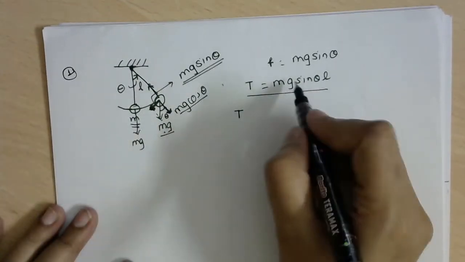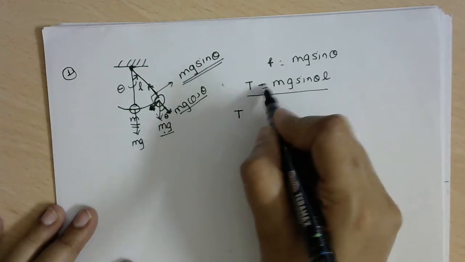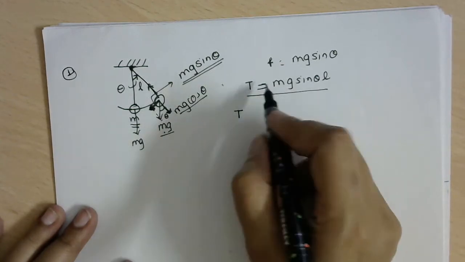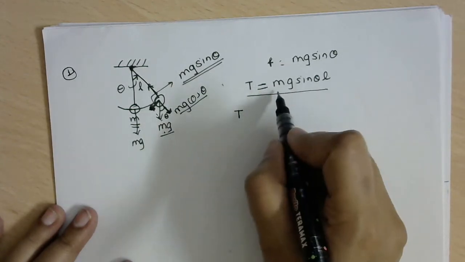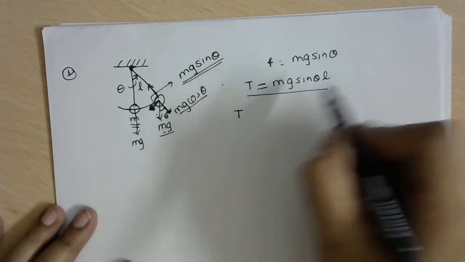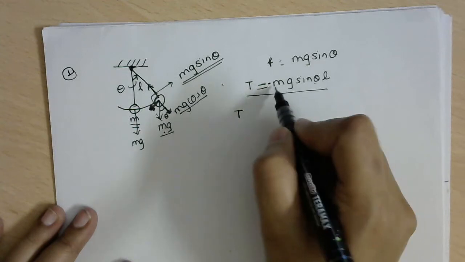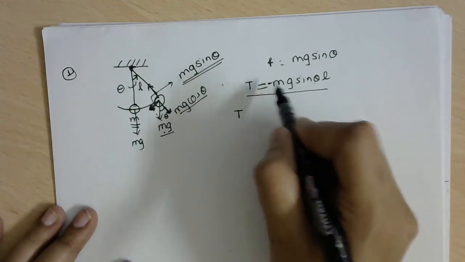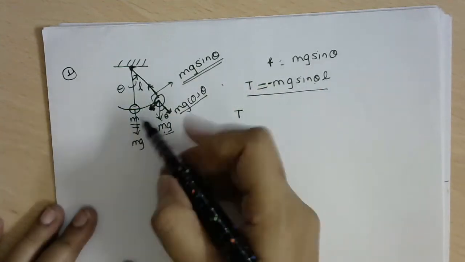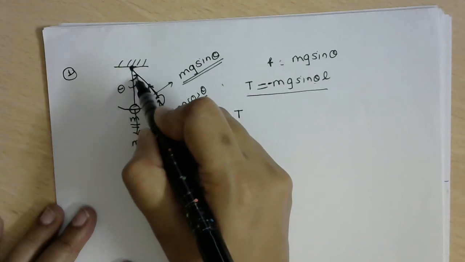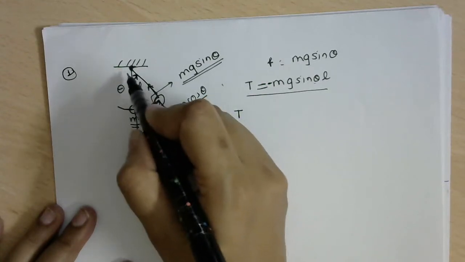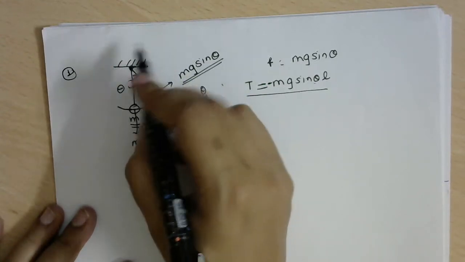One thing we are missing over here is the sign. Before we go for further steps, we need to have a look at the sign. Is there anything we are missing? Yes, we are missing one minus sign over here. Why should the minus sign be there? Because we said that theta is positive in this direction, so we'll be assuming the same direction positive for torque as well.